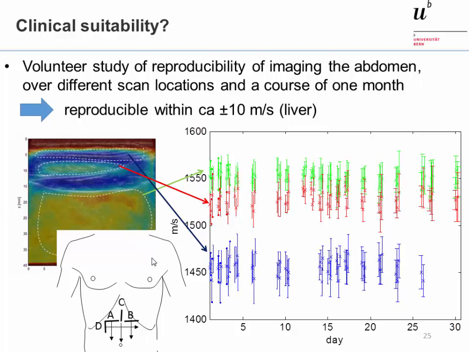And the standard deviation here is 10 meters per second, and this is actually already quite good to determine the fat content in the liver, for example. So the liver speed of sound changes drastically depending on the fat content. And this could help diagnosing the amount of fat in the liver and thus aid diagnosis of liver fibrosis using elastography, because the fat also influences elasticity. So currently it's difficult to quantitatively determine the fibrosis, but this could help to get a more accurate diagnosis in fatty patients.